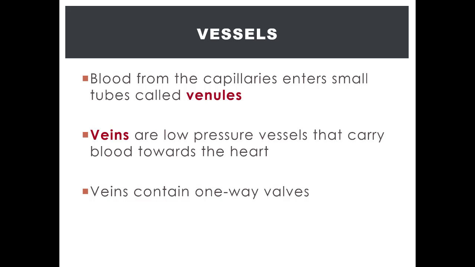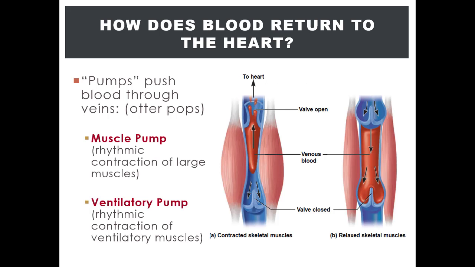So how does blood return to the heart via the veins when it does not have the ability to create high to low pressure gradients by itself? Veins rely on external pumping mechanisms to help create high to low pressure gradients for blood flow, especially upwards from the lower body against gravity. I like to use the analogy of an otter pop or a Go-Gurt packet or a toothpaste tube.